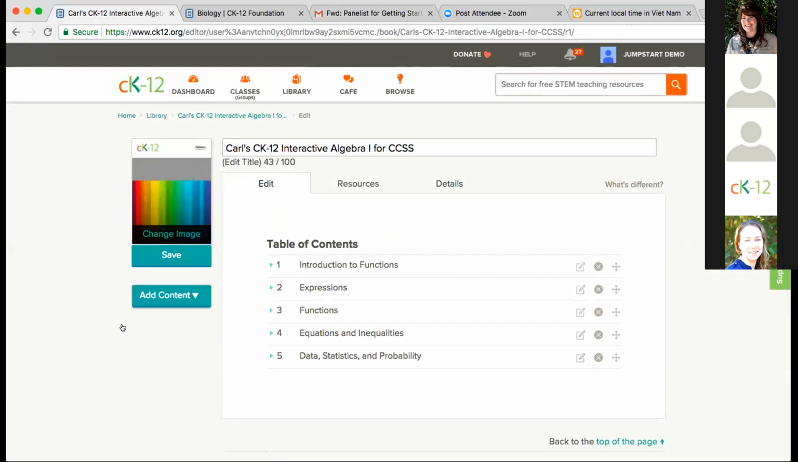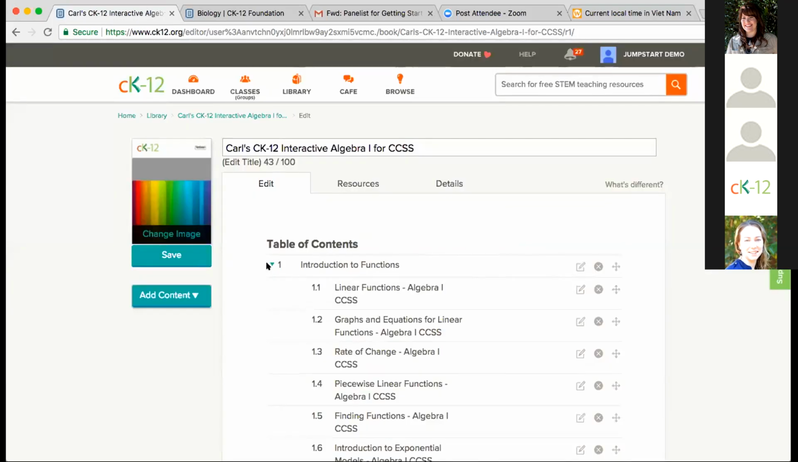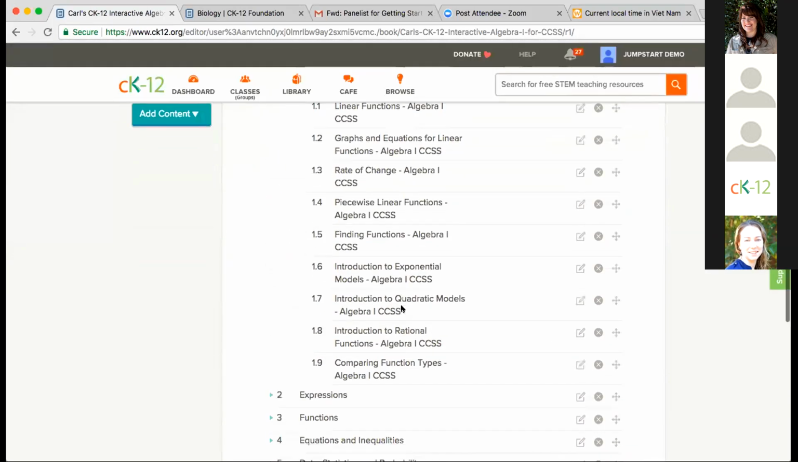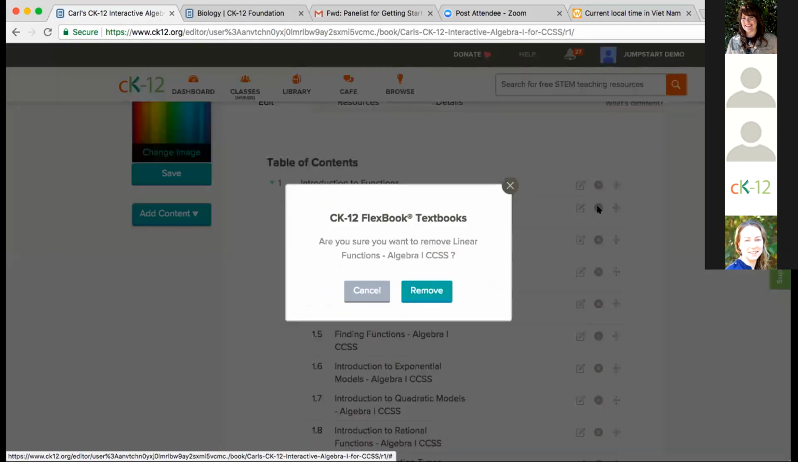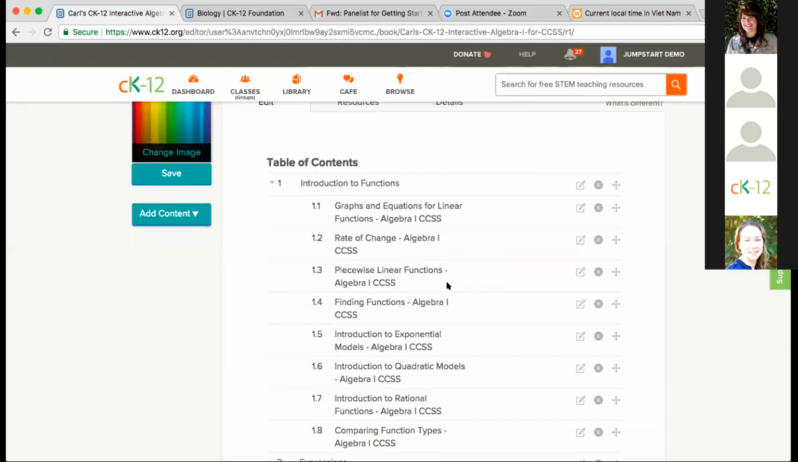And then I want to show you how easy it is. These are my units, and if I expand that by pressing that button, you're going to see all the different lessons in that unit. Let's say I'm not teaching this first thing here. I looked at the lesson and say, oh, my kids all know that. All I have to do is simply come over here and click the Remove button, and it removes it